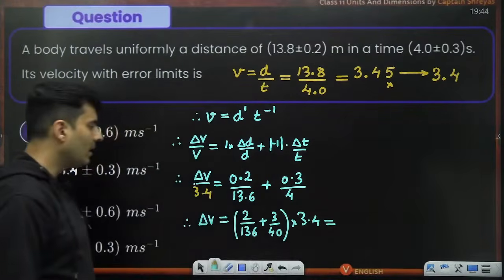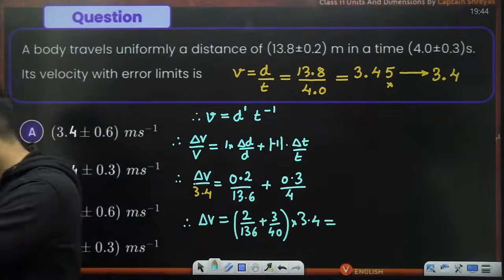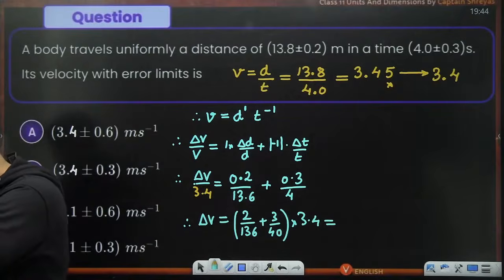Just see roughly how much value are you getting. Just see approximately how much value are you getting. Yes, come on, my dear students. It's not that difficult. Divide 2 by 136. Yes. And add it to basically 3 by 40. Yes. Add it to 3 by 40 and then multiply by